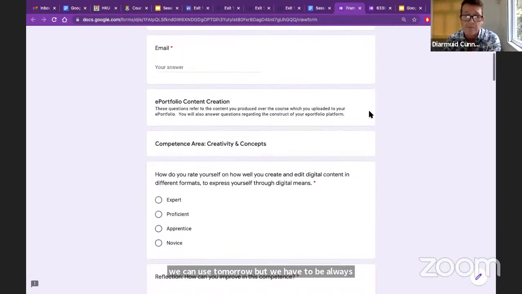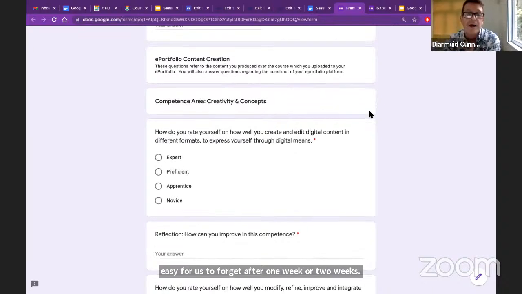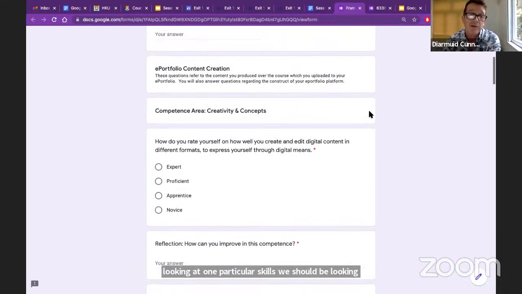So with that in mind, the idea was that we are normal students, and we may have read over the UNESCO framework of what we should be doing, but because we're very busy, it's easy for us to forget after 1 or 2 weeks. So this was very much a reminder that after we've produced a website or any kind of digital artifact, we remind ourselves once again what we should be looking at, what particular skills we should be looking at improving, and